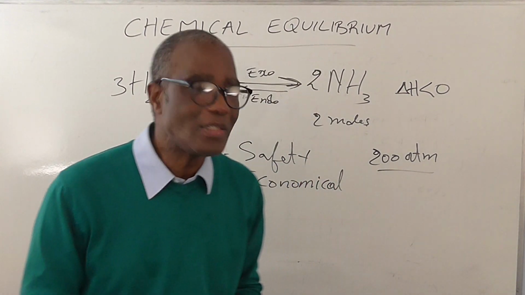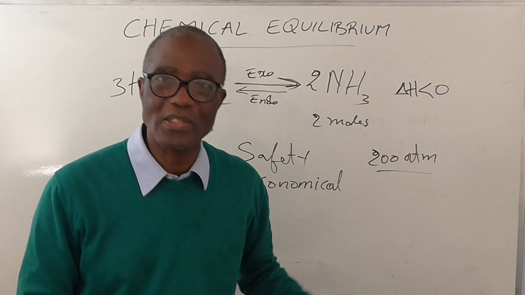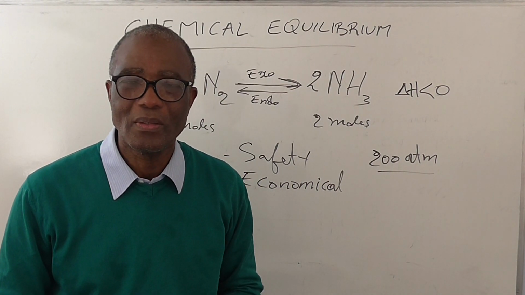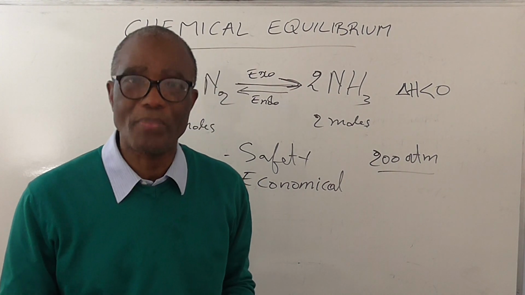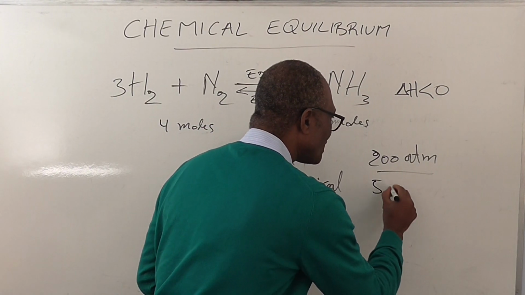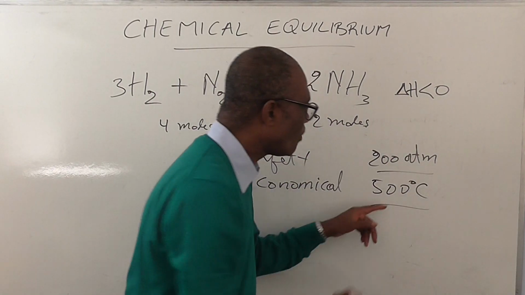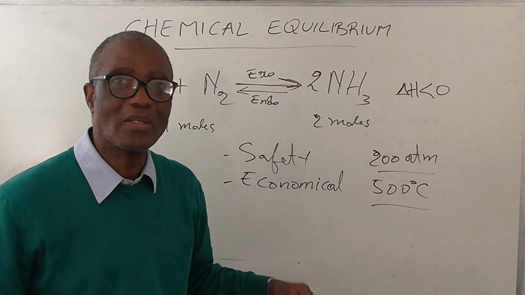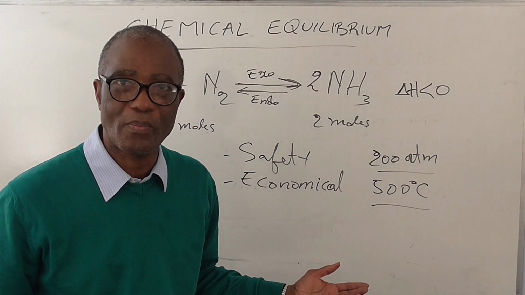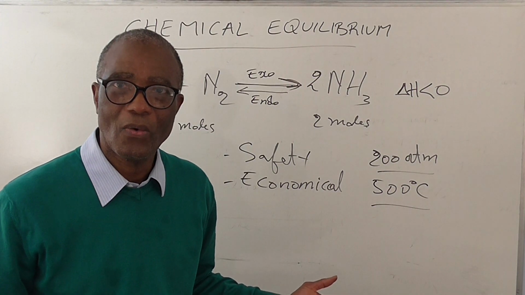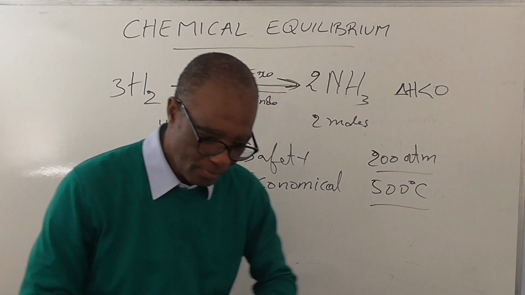And then they decided to have a compromised temperature. The compromised temperature is 500 degrees Celsius. So the compromised temperature is 500 degrees Celsius. Okay, to finish,